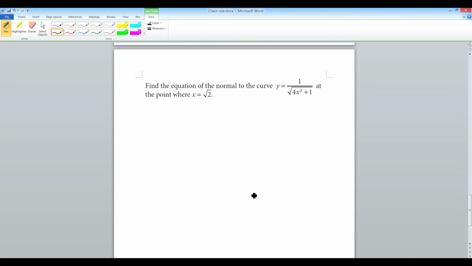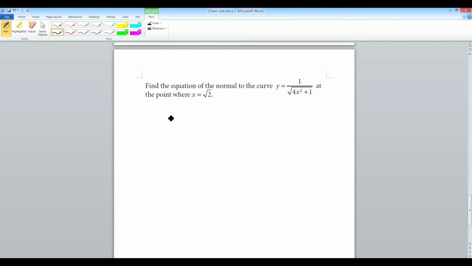Let's take a look at the last example here. We've got a little bit of a longer style question, and this goes back to our knowledge about derivatives and why we want to find the derivative of a function. For example, they tell us to find the equation of the normal to the curve of a function at the point where x is equal to root of 2. Now, I know that the derivative of a function gives me the gradient of that curve for the tangent, but if they use the word normal, then I have to find the negative reciprocal to find the